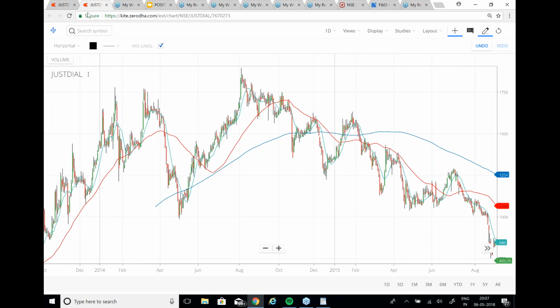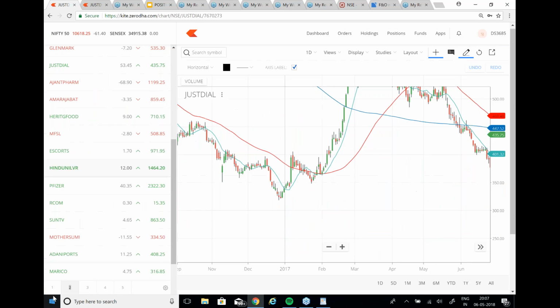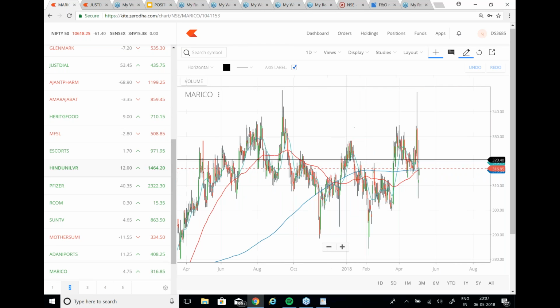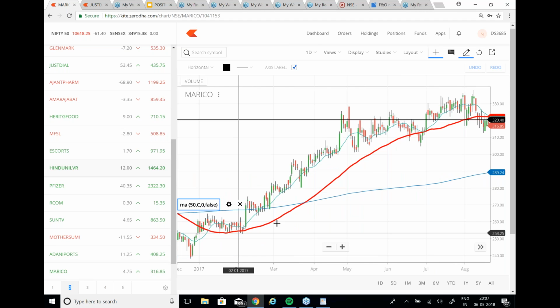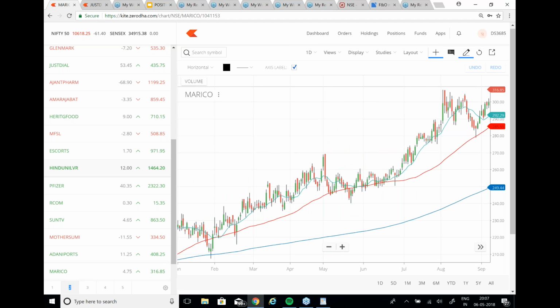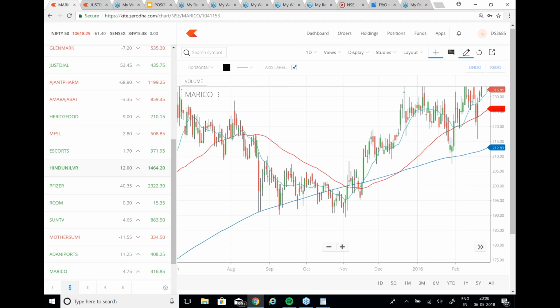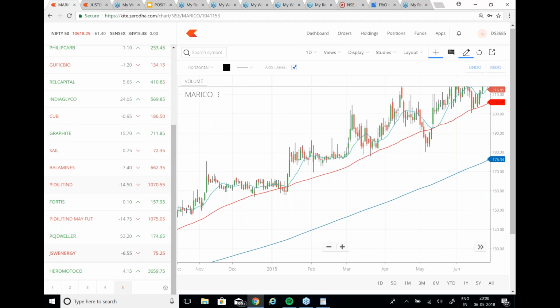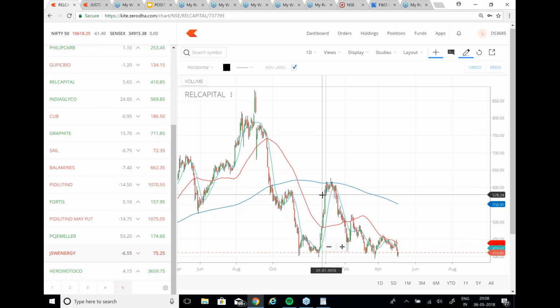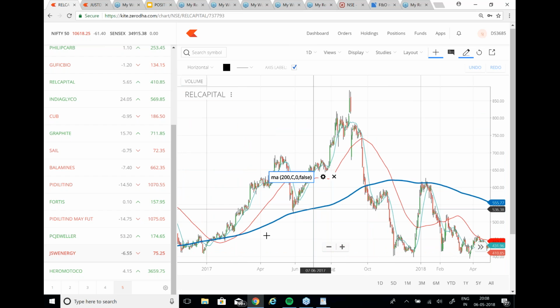Let's try looking into some other graph, some other place, if we could locate a head and shoulder pattern, maybe a little skewed, because it's not necessary that you will find such a beautiful head and shoulder pattern as you saw in Just Dial. So let me just see. If I could recollect some other head and shoulder pattern, I should be able to share it with you, right? So see,